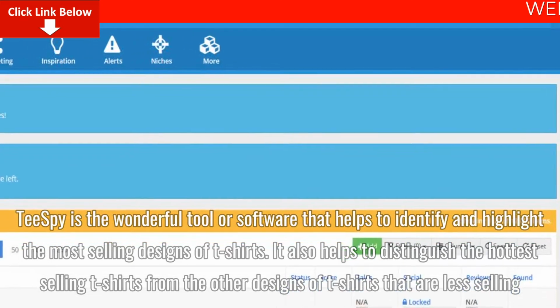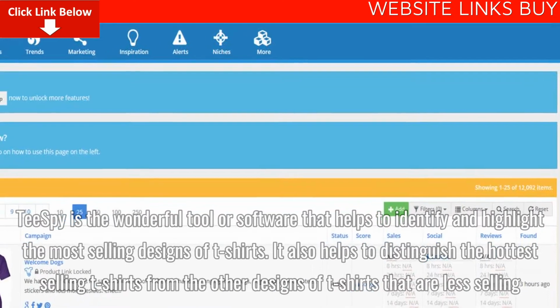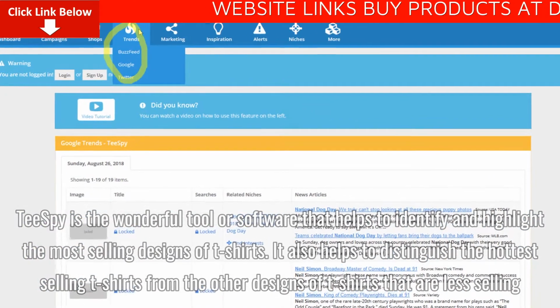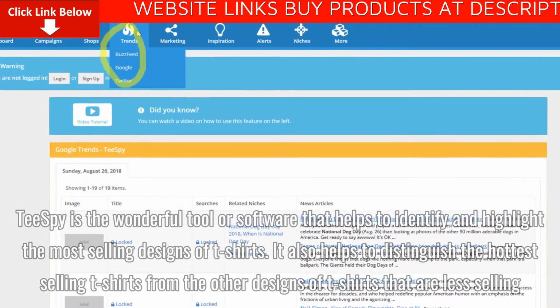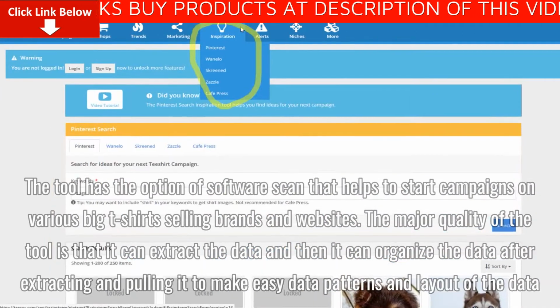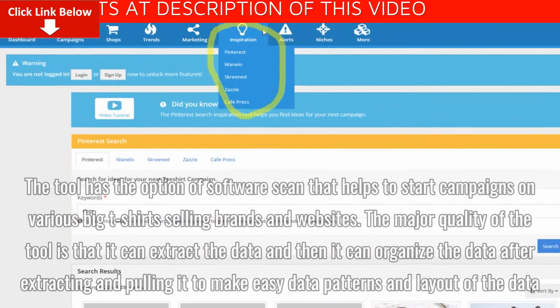TeeSpy is a wonderful tool or software that helps to identify and highlight the most selling designs of t-shirts. It also helps to distinguish the hottest selling t-shirts from other designs that are less selling. The tool has the option of a software scan that helps to start campaigns on various big t-shirt selling brands and